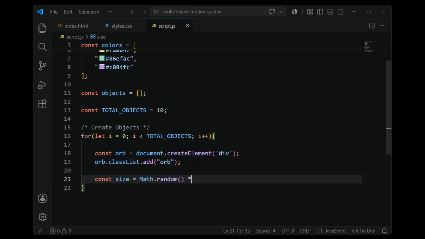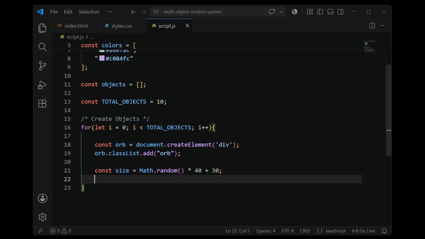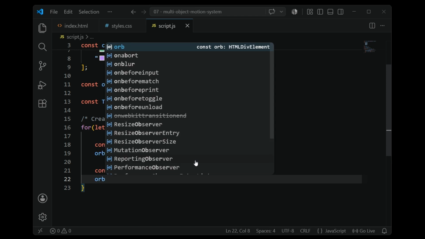I am multiplying it by 40 and adding it, the whole value is the 30. So by that we will get the value. Now this size will have a width and height. So it is a circular object, so width and height will be the same as the diameter. So select the orb,